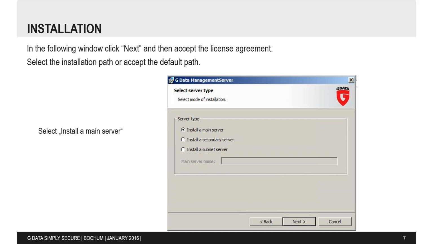So really there's only two questions you're going to be asked during that installation, and the first one is which type of server do you want to install? Every installation must have a main server. And as I pointed out, this is the server that distributes the updates to the clients and the configuration changes. You also have the choice of installing a secondary server or a subnet server. I'll be talking a bit later about what a secondary server is and what the role of the subnet server is. So select that main server,